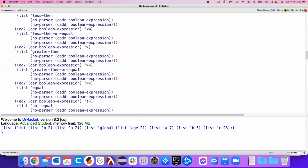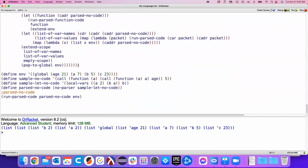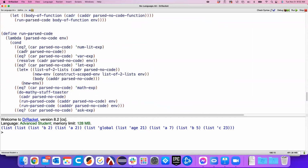Well, I need to go and add that line back in. It'll work now. Oh, see, it's always the stupid thing you do. Yeah, so if we run this right now, we're going to get the correct environment out of it. There's that guy. So now we need to run